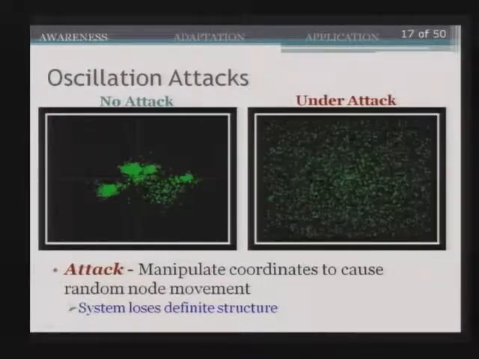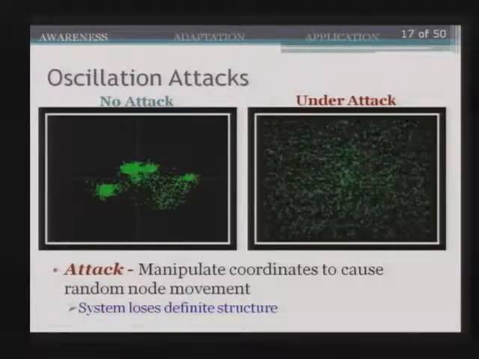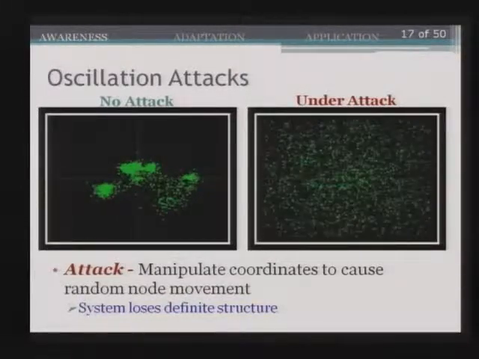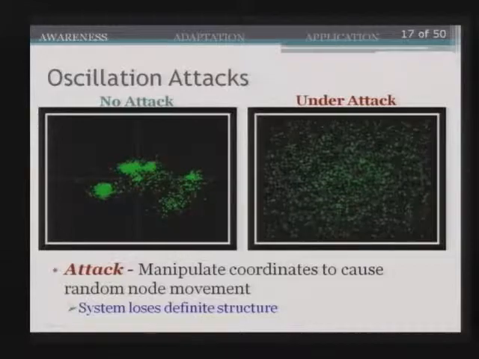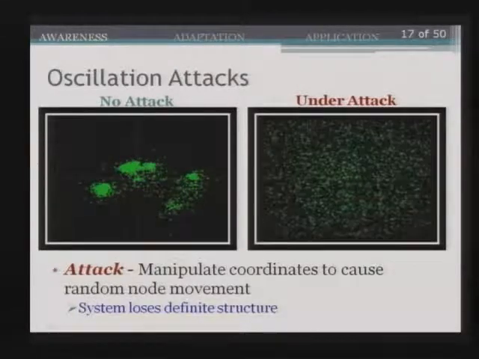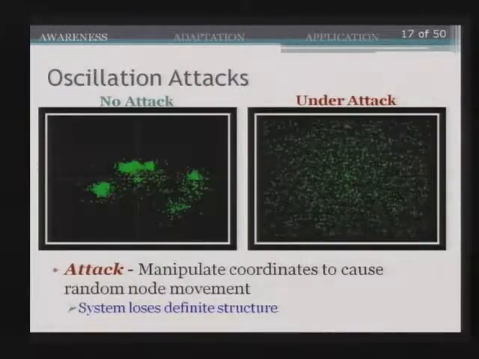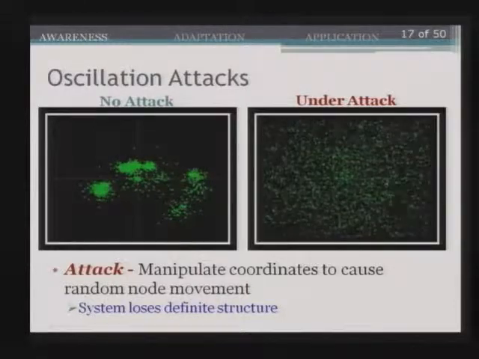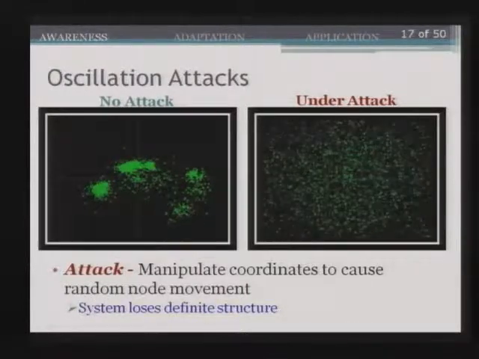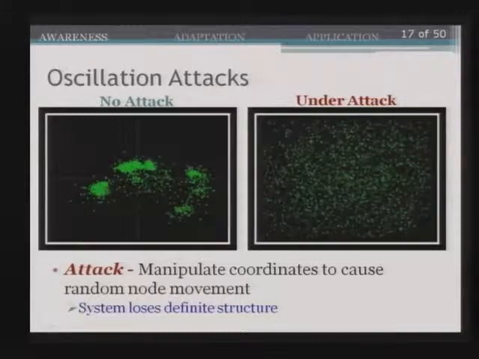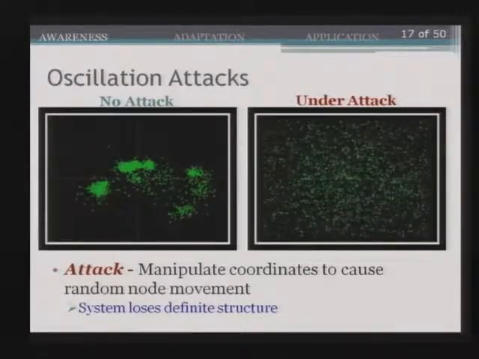Groups that are close together actually have low round trip times between them, and you can form clusters depending on where their nodes are located. However, under the attack scenario, we can see that the nodes just swarm around without any definite structure. So besides losing this visual structure, the system itself loses the ability to accurately predict the round trip time between nodes.